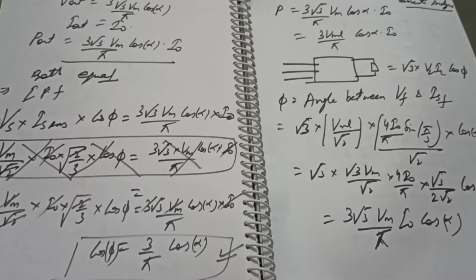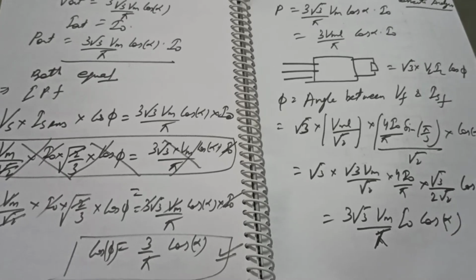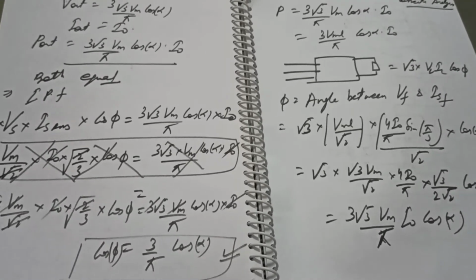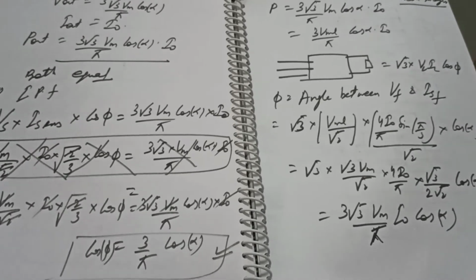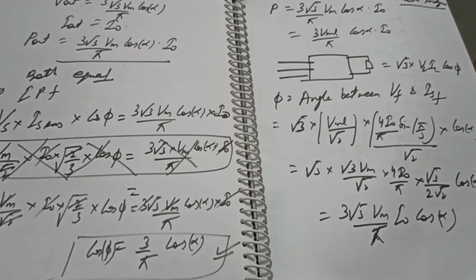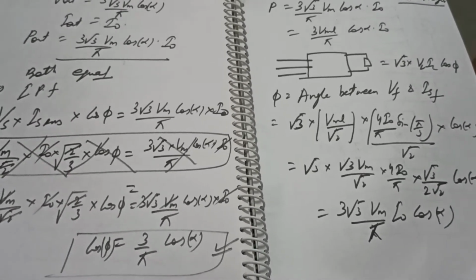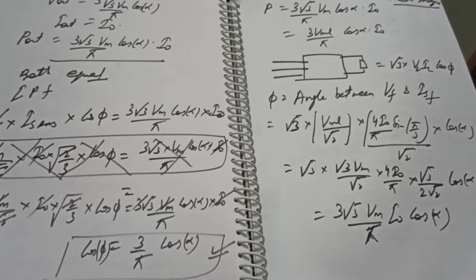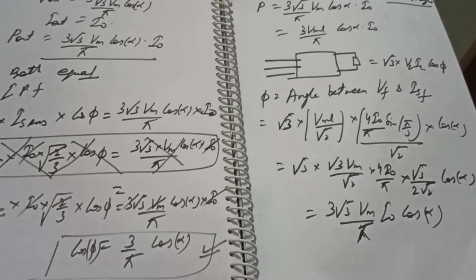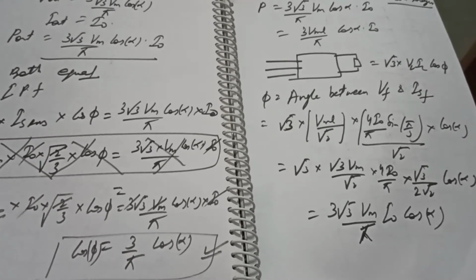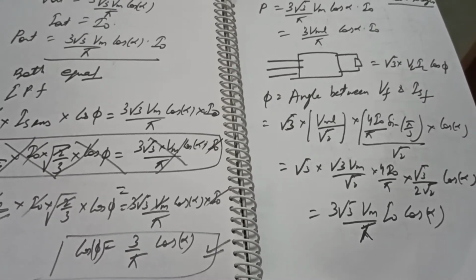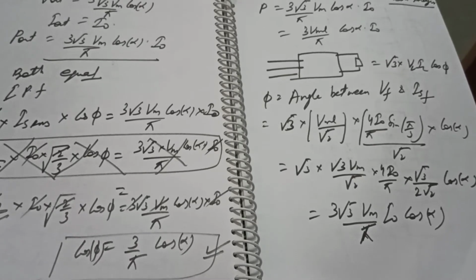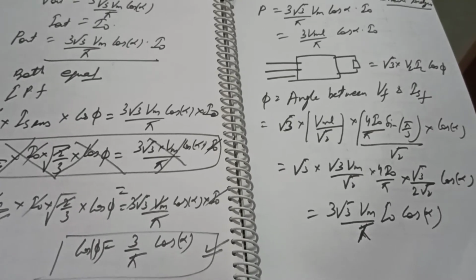I think till this point it is very easy. We have obtained the active power. Now let us look at the angle between Vs and Is1, that is the fundamental. The fundamental will be a sine wave, so its RMS value will be VmL by root 2, that is root 3 Vm by root 2.